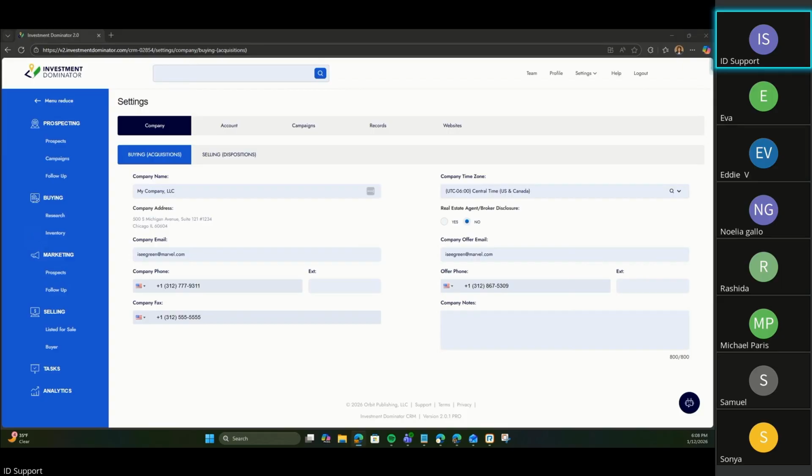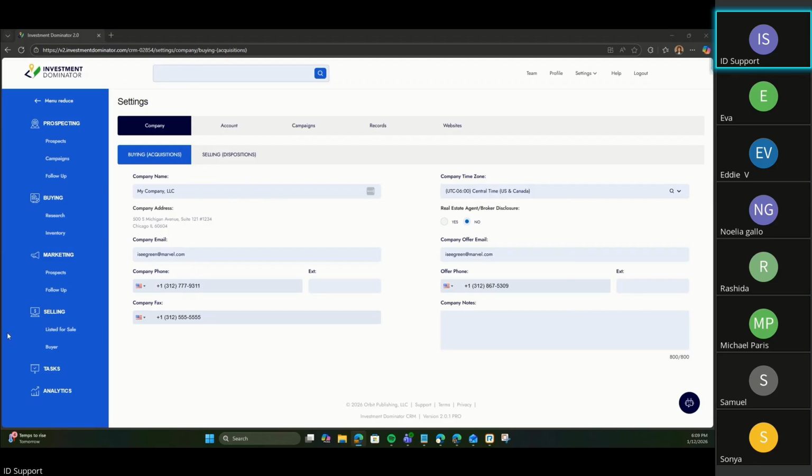Okay. The next thing is your email address. Your email address does not have to be domain specific or anything like that. It can be Gmail, Yahoo, whatever you're using these days. In most cases, you won't be using your email address unless you are sending out offers and using DocuSign or something like that. So for the most part, until you're actually talking to these individuals, you won't use your email address. Just so you know, the email address does not appear on that prospect neutral letter. That's the marketing letter, the first letter that goes out to everyone, okay? But your company address does, and so does your company phone number.